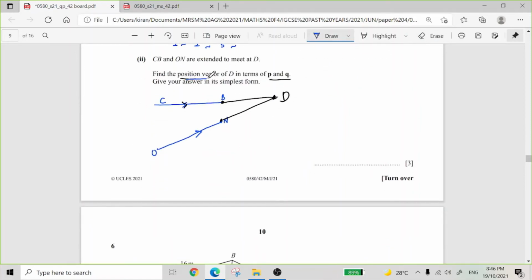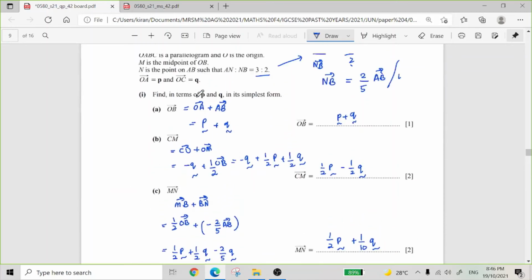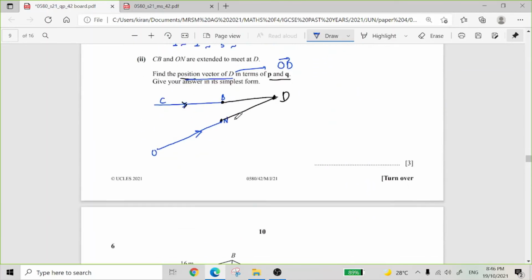Position vector means that we take a vector starting from origin O. So if the question asks for the position vector of D, it means that we want vector OD. O starts from origin. For this part, we know that OD is actually complicated a bit, because we don't know what is ND and we don't know the vector for BD. But for now